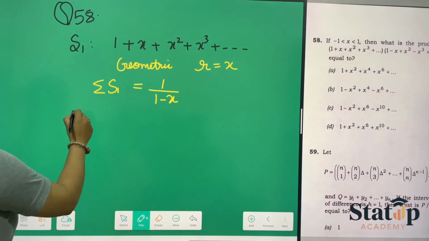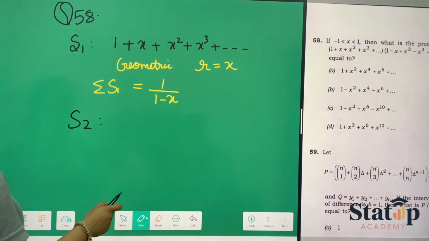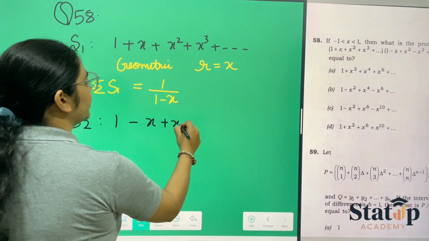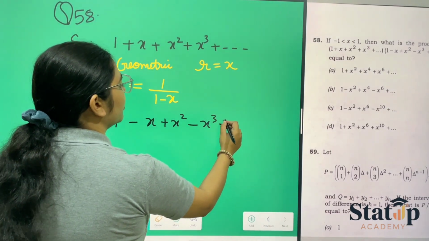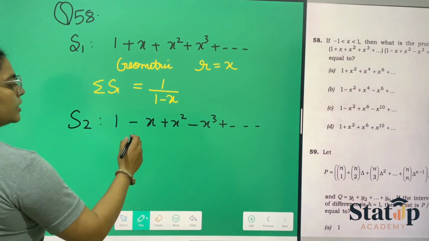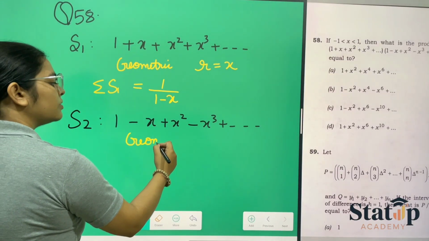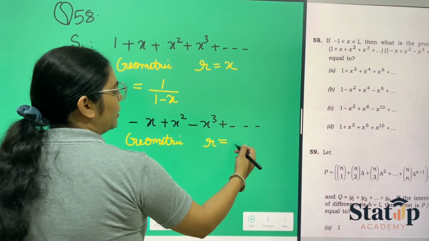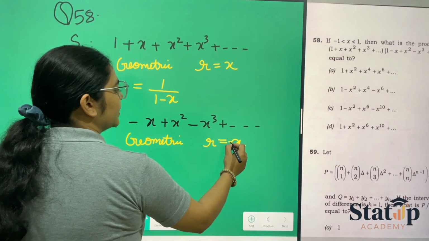Okay. And if we see series 2, which is 1 minus x plus x square minus x cube plus and so on, here this is also a geometric series,